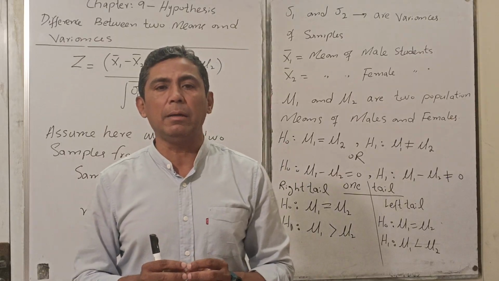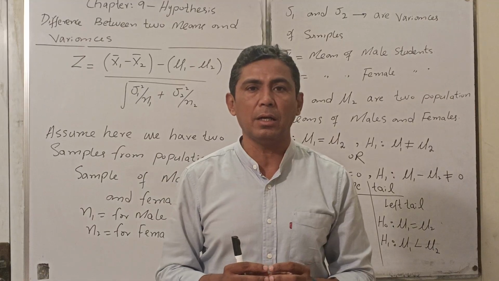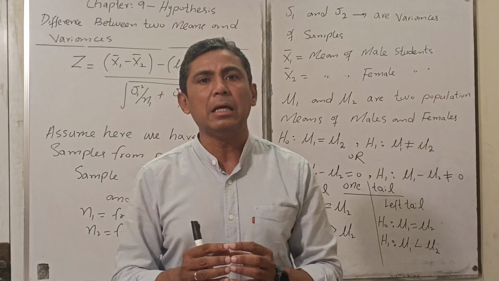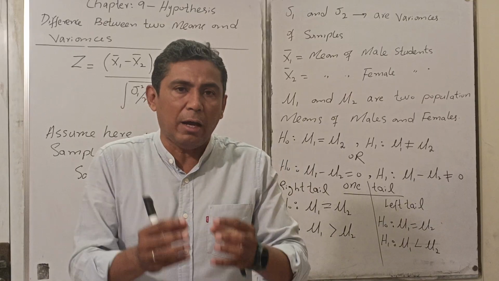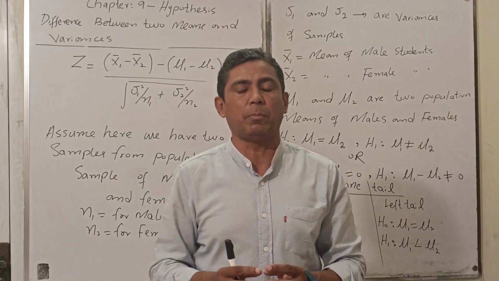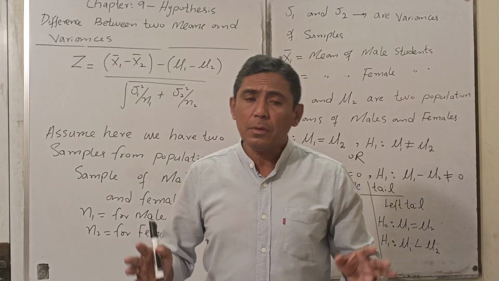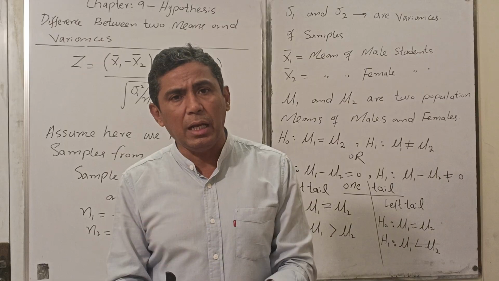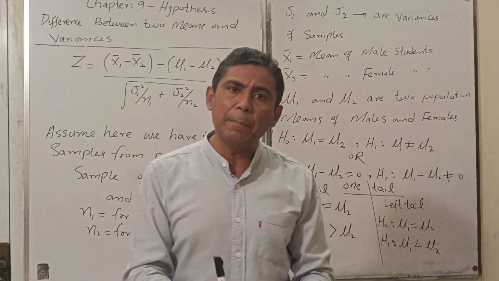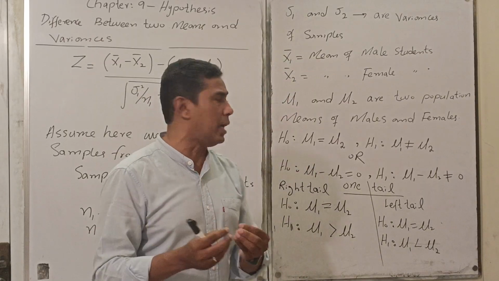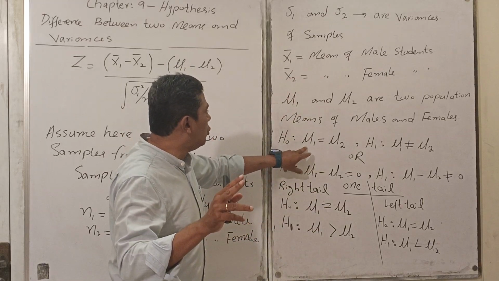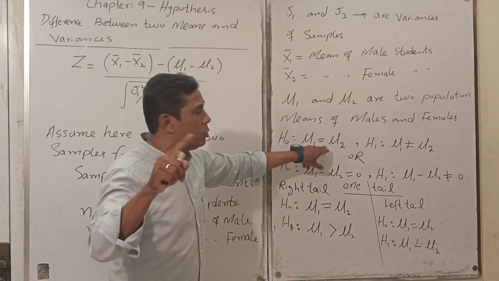And what is the claim or the objective here? The objective is that now you have to test the null hypothesis and the alternative hypothesis. Again, what is the null hypothesis? Either you will have a two-tail or one-tail test. The null hypothesis will always be the same: the means of the two populations, mu1 and mu2, are equal to each other